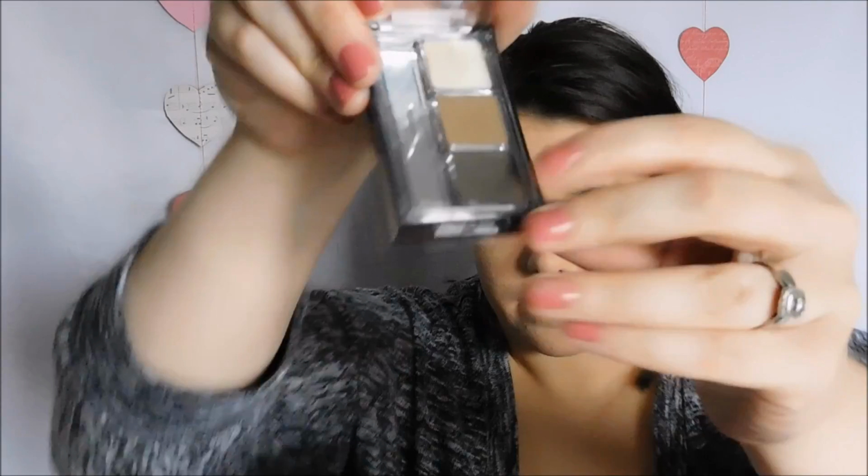Once the concealer dries, I'm just going to go in with this Wet n Wild Ultimate Brow Kit. And I'm going to be using the darkest shade down here. And I'm just going to do my eyebrows really quick off camera, and I'll be right back. Alright, now that everything is dry and my eyebrows are on and they look really crazy right now, I know,